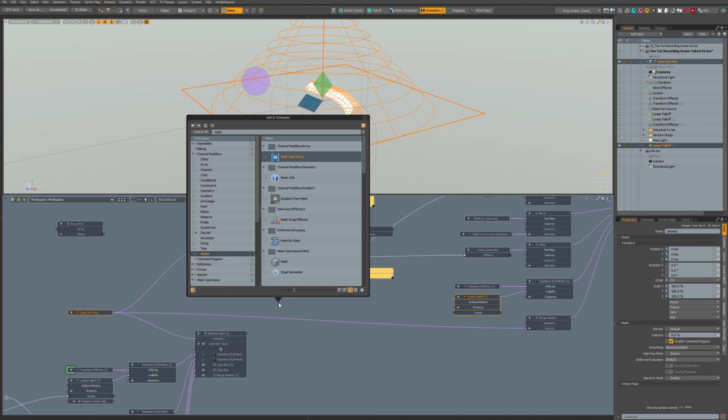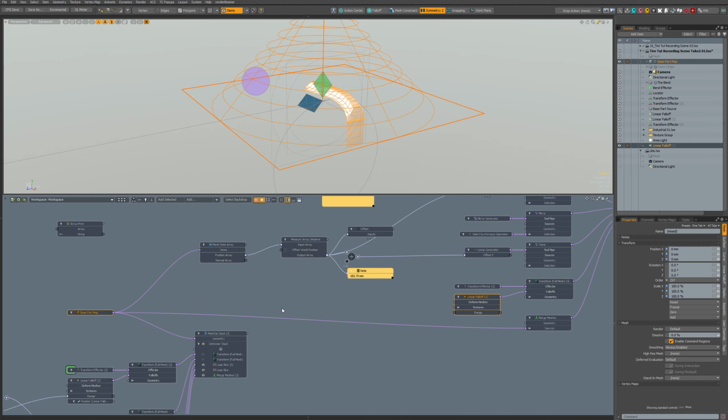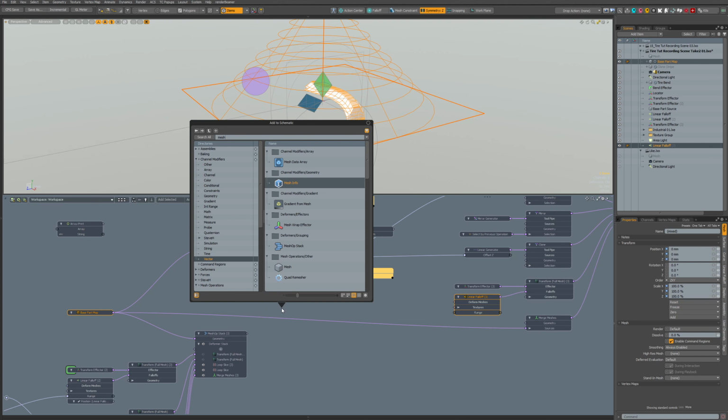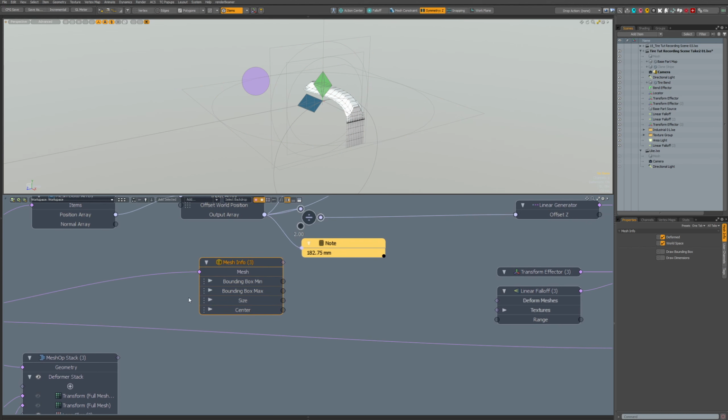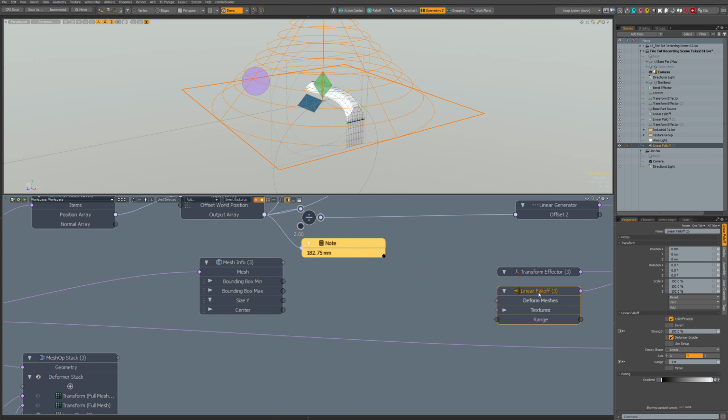So mesh info, not that one, sorry, mesh info, and we get this mesh here, and again remove the stuff we don't need. We can remove these two, and we get range. What? We have range already, so we have position y.